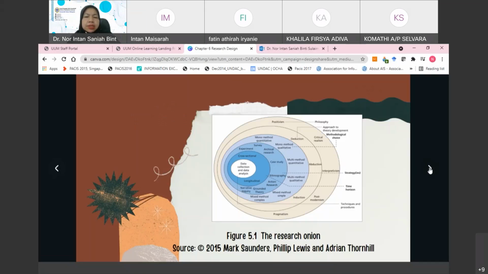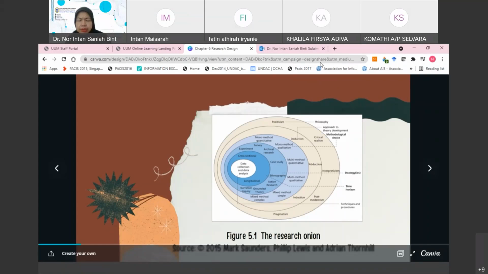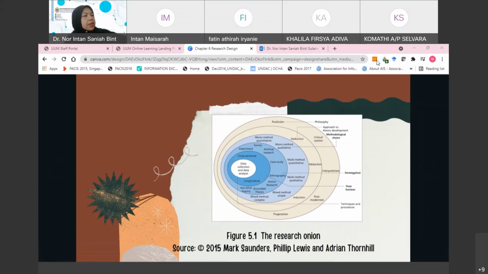the research onion. This is holistic: what is the research design? This is based on Saunders et al., and then later I follow with Sekaran et al. So in these slides, in this chapter, we added two authors, two resources,